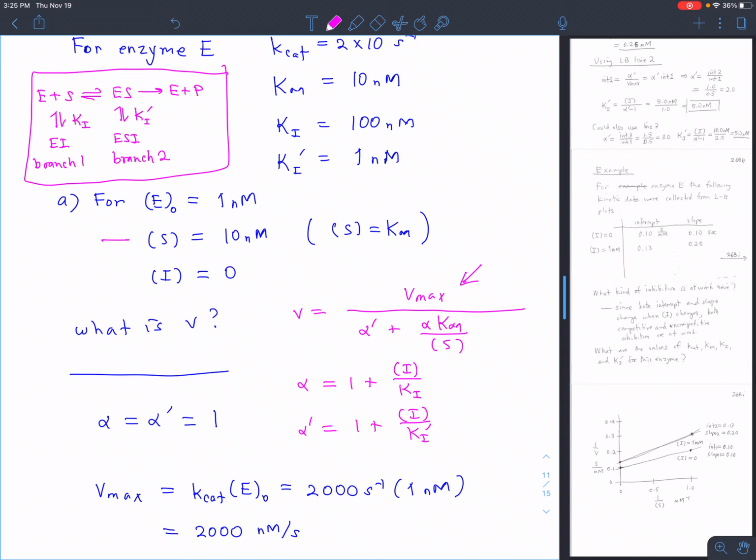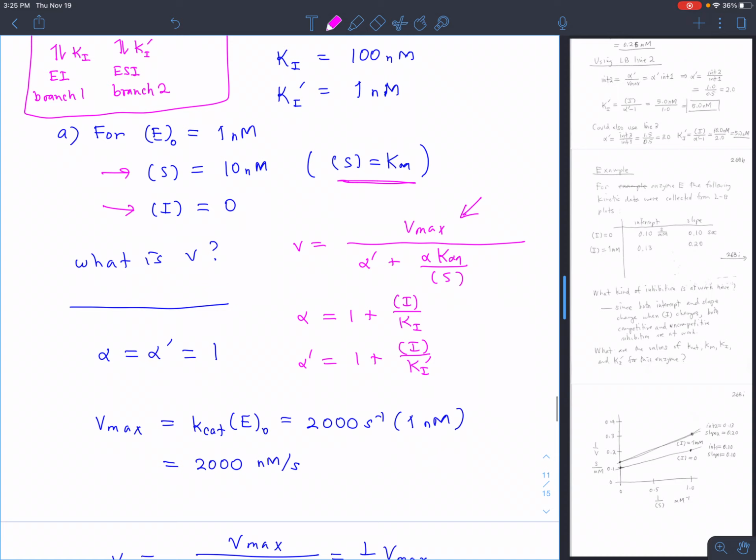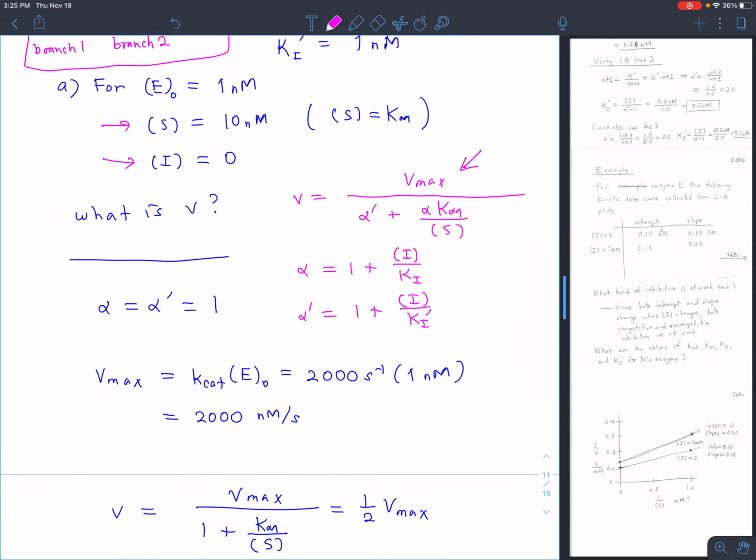We choose the substrate concentration equal to 10 nanomolar. That's the substrate concentration where S is equal to Km, and therefore we would expect 1/2 Vmax as the velocity if there were no inhibitor. And in this case, in fact, there is no inhibitor. We're leaving the I concentration at 0, so this is going to be ordinary, uninhibited Michaelis-Menten. Just practice in doing a few of the calculations. We haven't actually plugged values into Michaelis-Menten before this, at least not in the lectures,